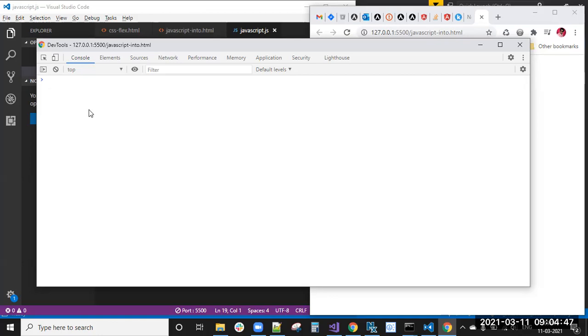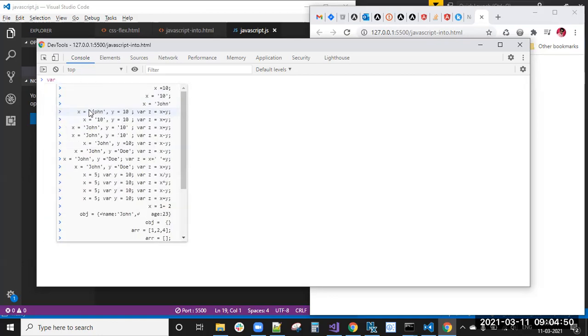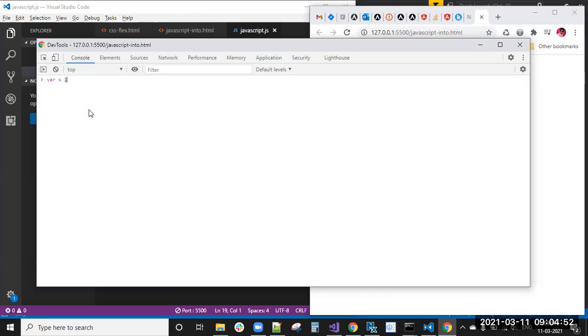Similarly, where x equal to 10, I'm giving where x equal to 10, x equal to 10, and x equal to string 10. So you will get true only, because this is true and this is true. True and true means true only you will get.